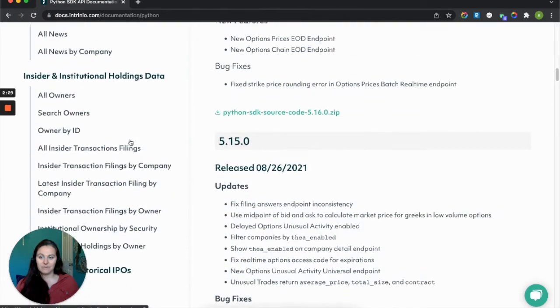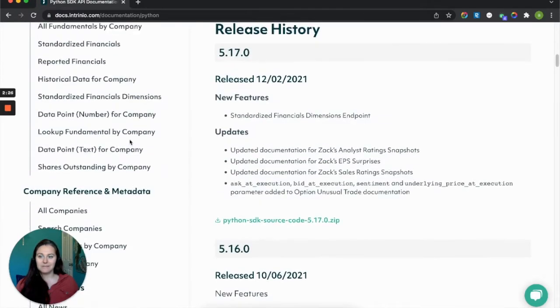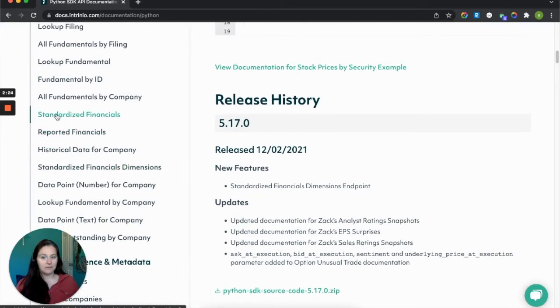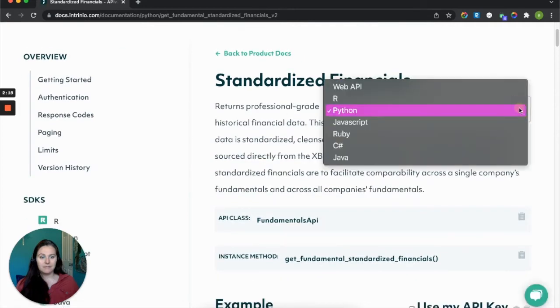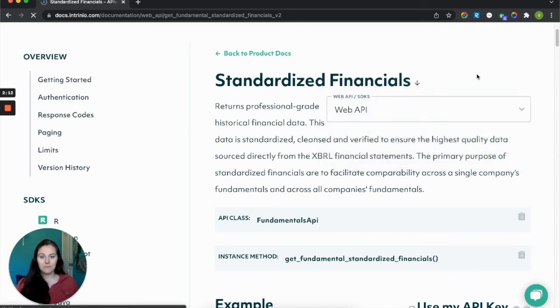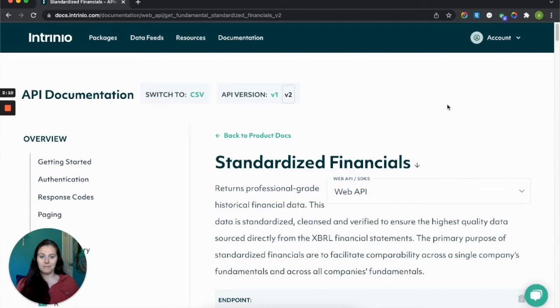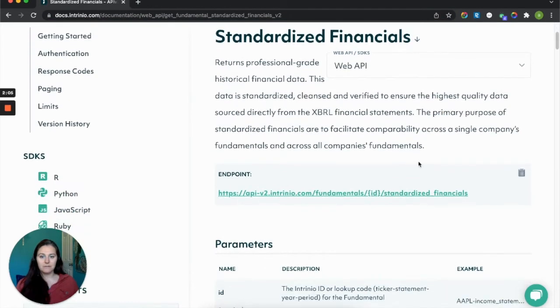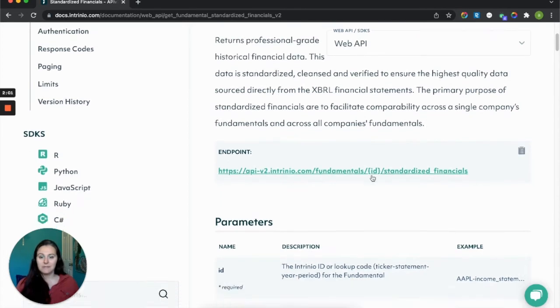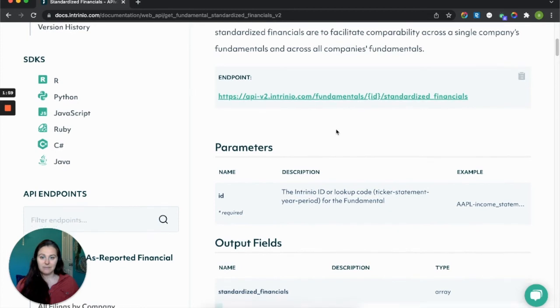If we take a look at one of our most commonly used endpoints, such as our standardized financials, you can see at the right of the page, here you can switch to any SDKs you might be using, or to Web API, which allows you to make calls directly in your browser. If we scroll down, it'll provide brief information on what's included in the endpoint, as well as the endpoint itself,